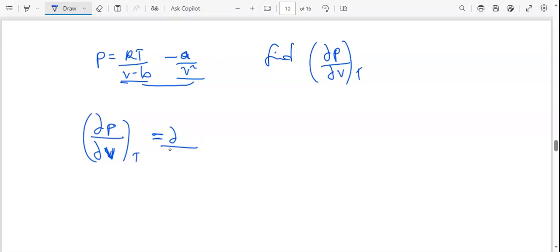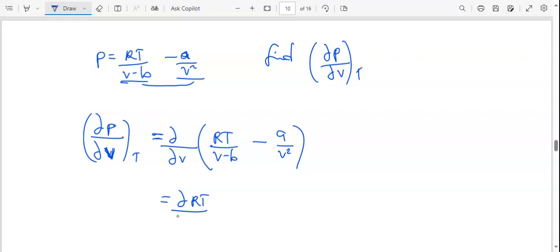So I'll say change now in V. Then open bracket, I'll put RT over V minus b, then minus a over V squared, like that. So I'll distribute this everywhere: partial change in RT, then partial change in volume, minus,